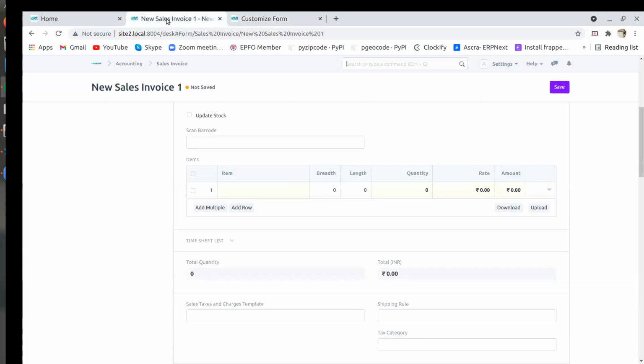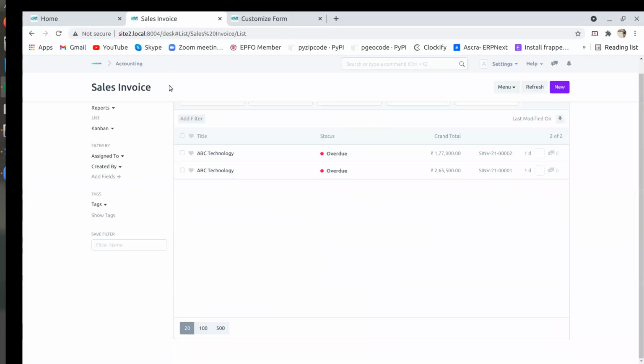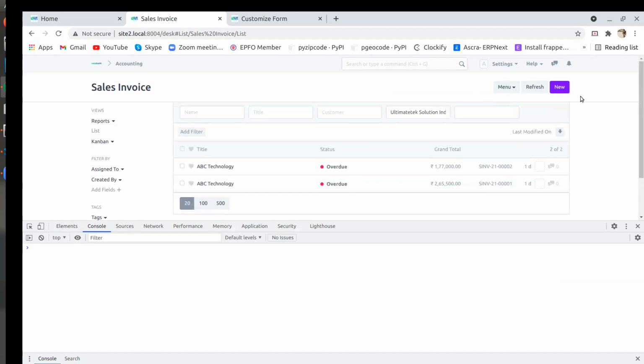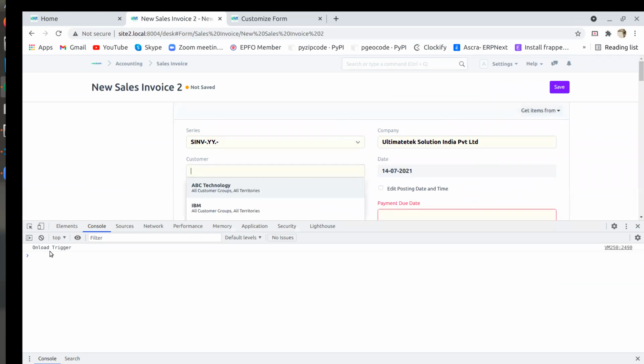I have written code so that when the screen has loaded, we display one message on the screen. Let me open the console and clear it; nothing is there in the console. I'm just trying to open a new document. You can see over here in the console that a message is coming.